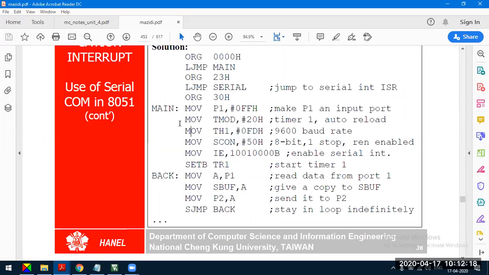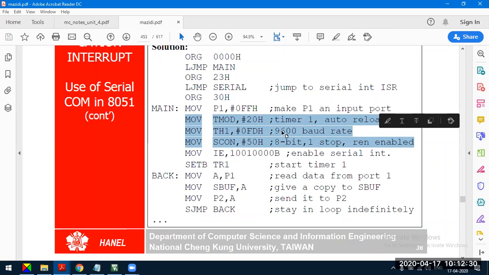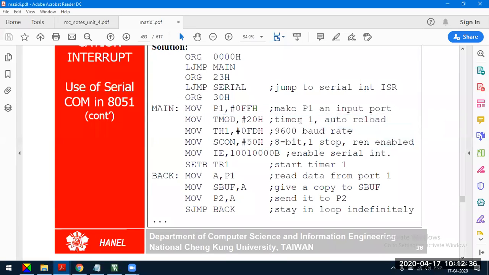In the last class we observed that these three lines are common for generally any serial communication programming. Generally, if you go for a 9600 baud rate, the data loaded to TH1 is FDH or -3. So TMOD should be timer 1 in mode 2. That is common. That cannot be changed.